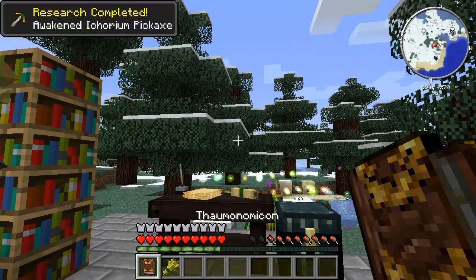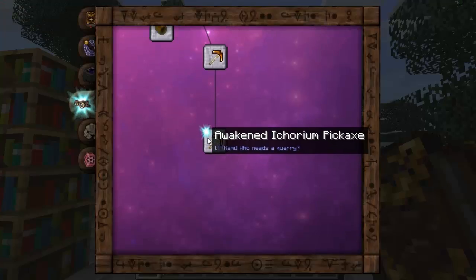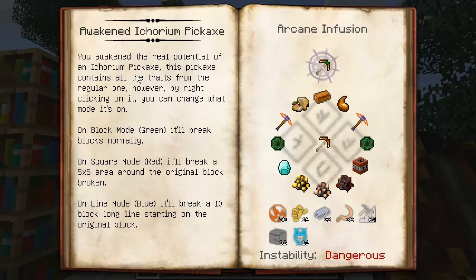So, let's go and take a look at this. The Awakened Ikariam Pickaxe. You awakened the real potential of an Ikariam pickaxe. This pickaxe contains all the traits from the regular one. However, by right-clicking on it, you can change what mode it's on. On block mode, which is green, it'll break blocks normally. On square mode, which is red, it'll break a 5x5 area around the original block broken. On line mode, which is blue, it'll break a 10 block long line starting on the original block. This is a hugely